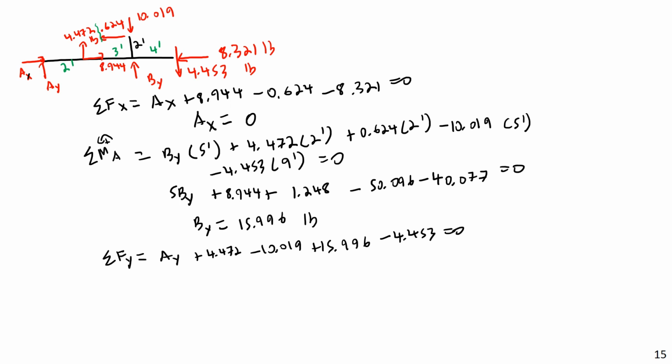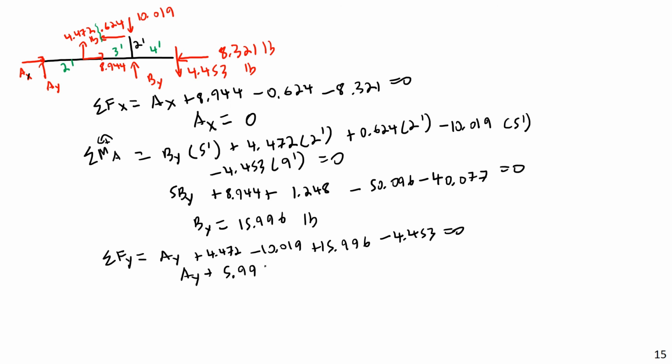Where are you? There you are. So in my calculator, I'm checking those entered correctly. 4.472 minus 10.019 plus 15.996 minus 4, and AY then. Okay, let's see. So basically, this comes to AY plus 5.996